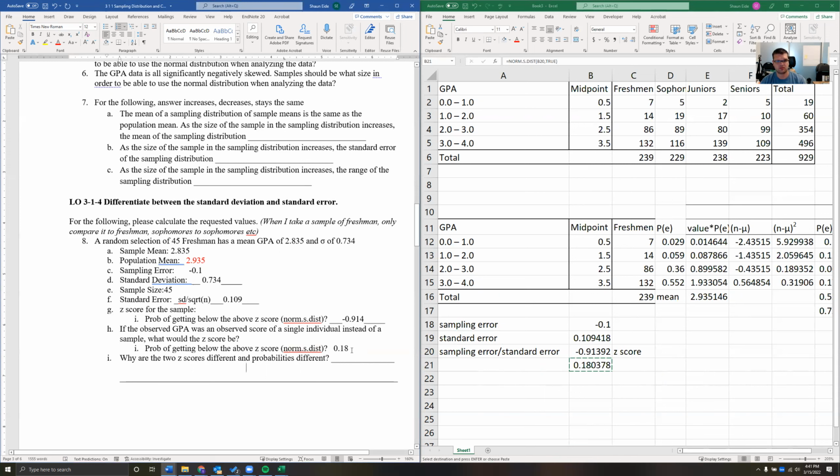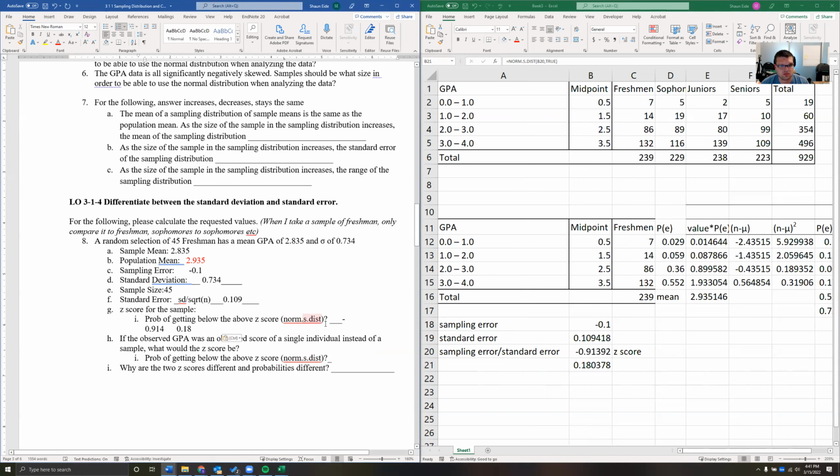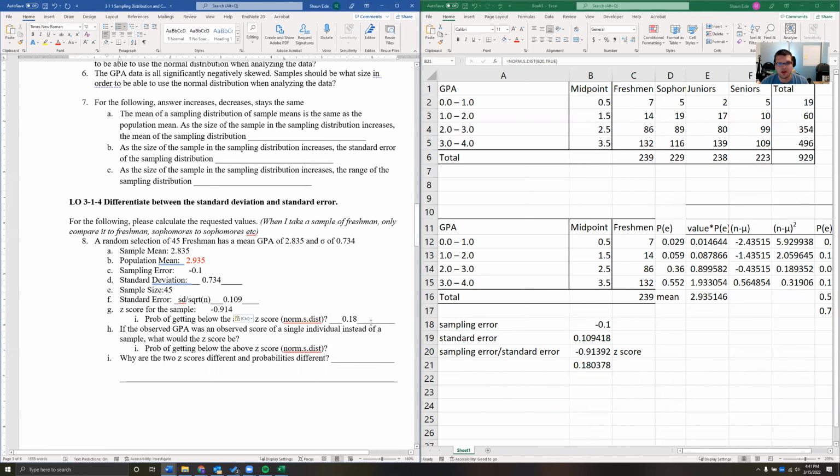Okay. Let's put the z-score. Sorry, the z-score should go right here. And then the probability of getting below that is right there. So if the observed GPA was an observed score of a single individual, the big difference here is for this z-score, instead of dividing it by the standard error, you're actually going to divide it by the standard deviation. Okay. And so we're going to put the standard deviation right there, and the sampling error right there. And we're going to do equals sampling error divided by standard deviation,